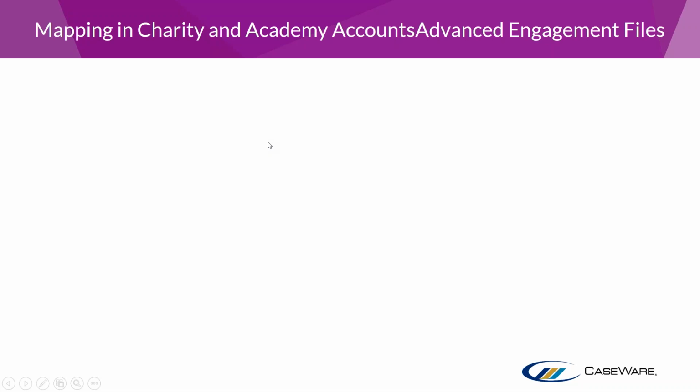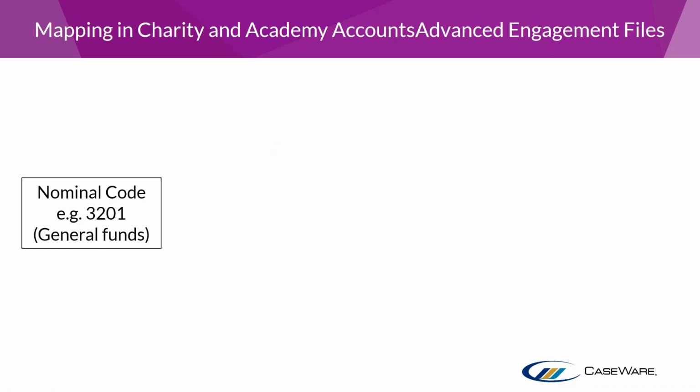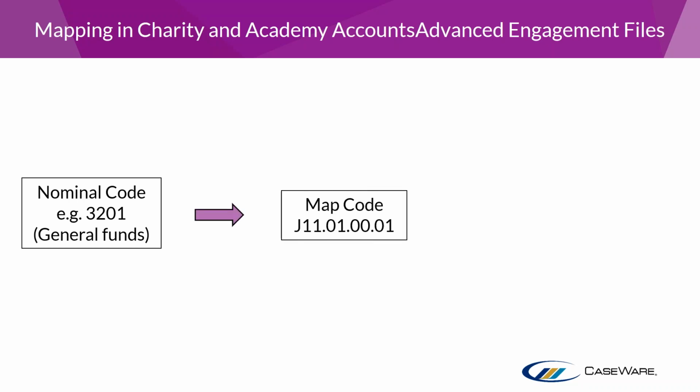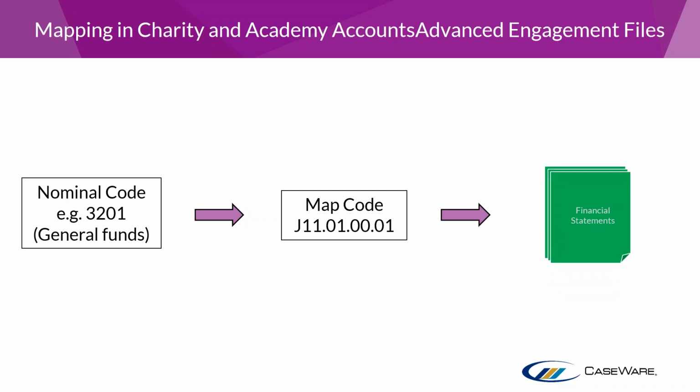So a very basic introduction to mapping in a charity file, if I can start off by looking at that. As many of you will know, if you have a trial balance and that trial balance has a list of account codes, those account codes need to have a map number assigned to them. And once a map number is assigned to them, then the account code appears in the correct part of the financial statements. And I expect many of you, if not all of you, actually know how that operates in